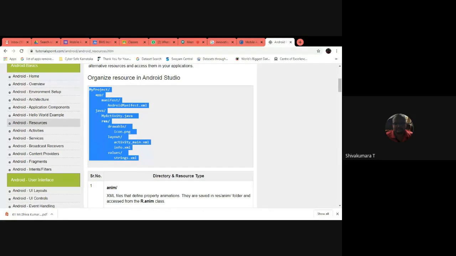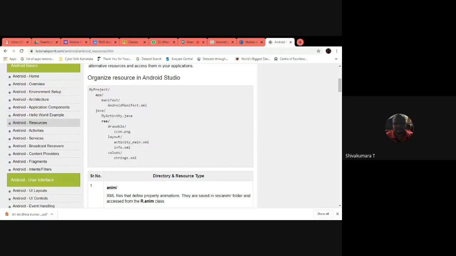app, under the project title, there is one more directory called app. Under the app directory, there is a manifest folder. Here all the application configuration will happen in this manifest file, like AndroidManifest.xml.